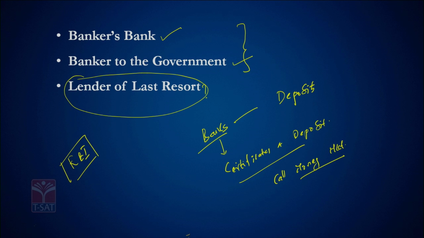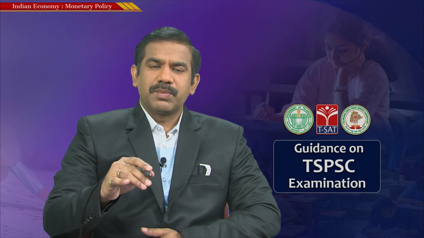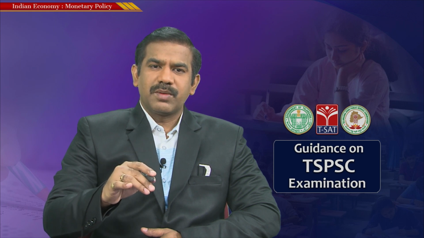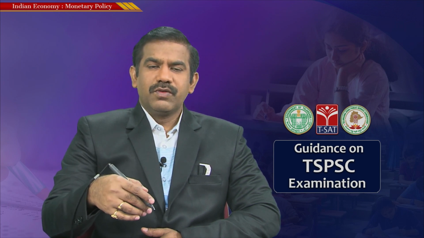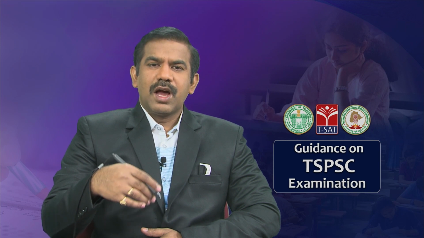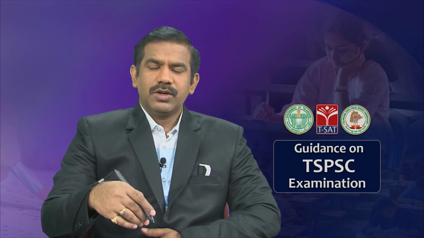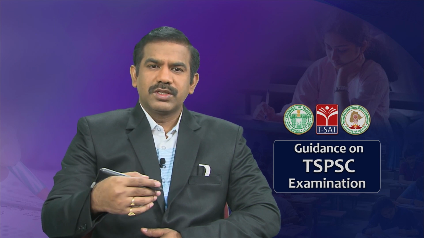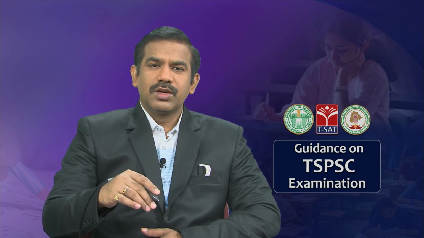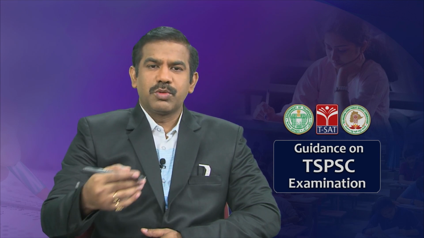So in this session, we discussed the basics: what is monetary policy, how is it formulated, what are the objectives of monetary policy, and what RBI performs, the functions of RBI beyond the responsibility of formulating and reviewing monetary policy. In the next session, we will try to understand how RBI uses various policy instruments, what policy instruments RBI has at its disposal to alter the supply of money, and how in reality these instruments are used by RBI to control the supply of money and achieve the objectives of both growth and price stability and exchange rate stability. So that would be our next part of the discussion. That's monetary policy part 2.